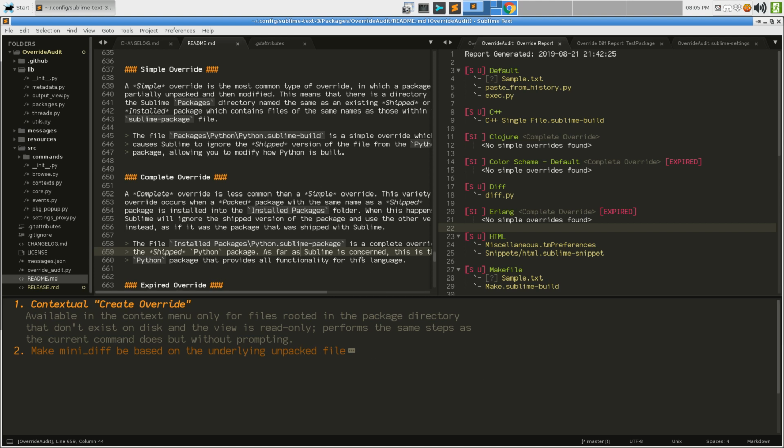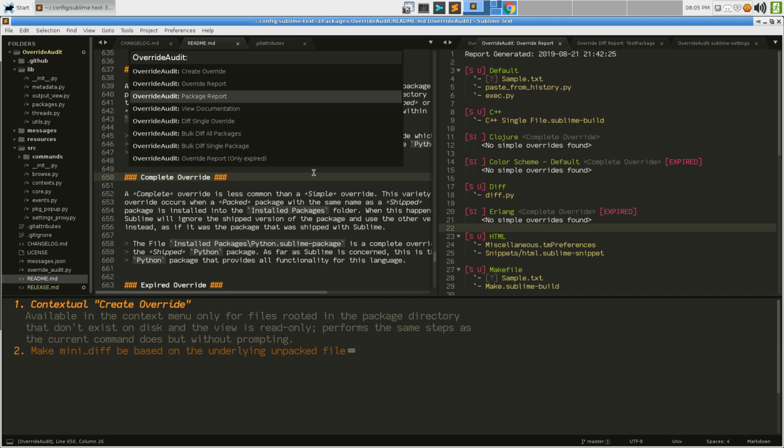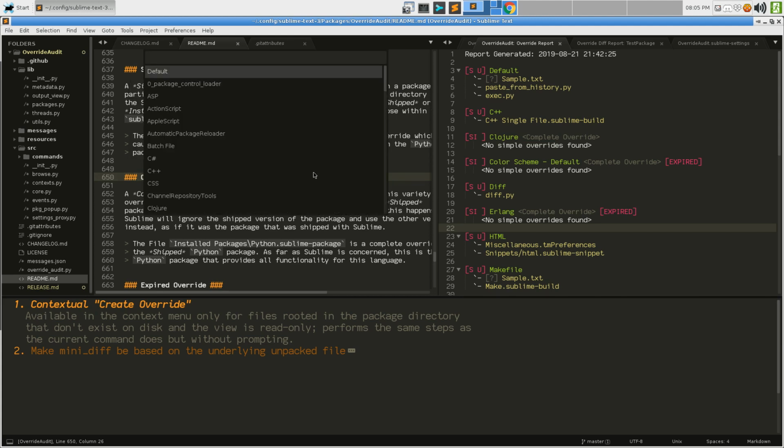That actually should say packed file. I think I pointed that out in the last stream. What does contextual create override mean? Simply this. We know that we have implemented this functionality to say we want to create an override, and then